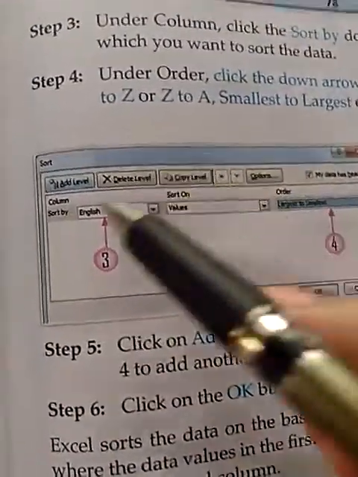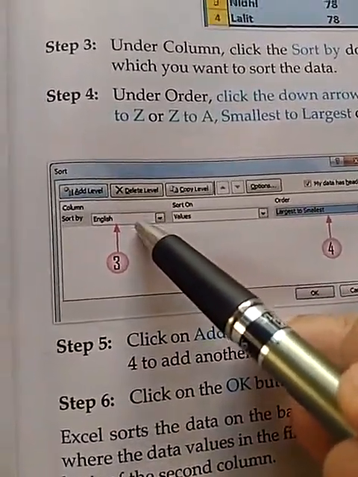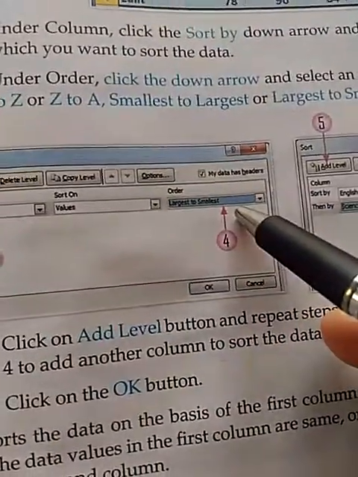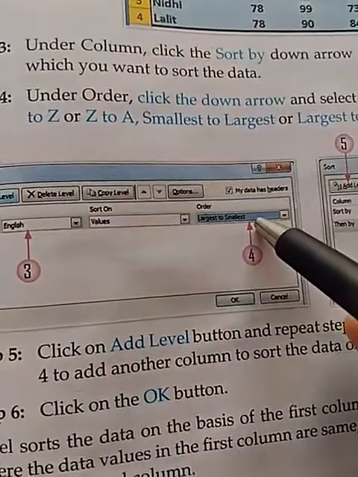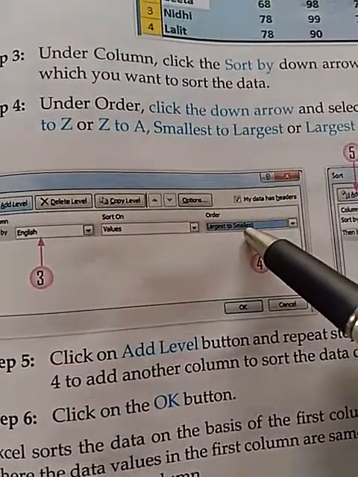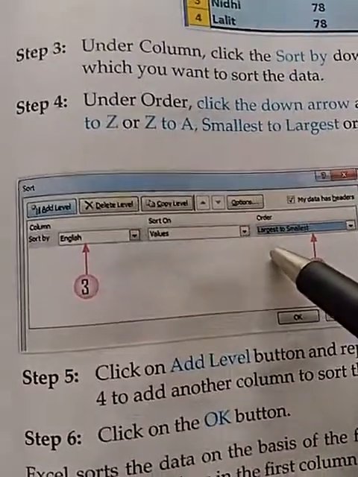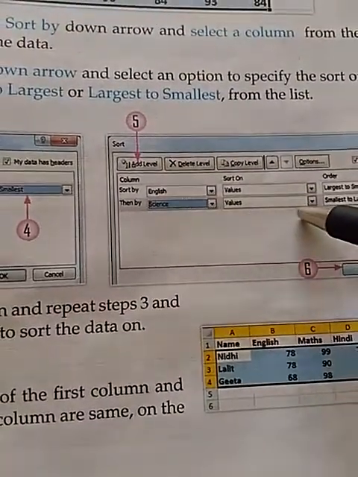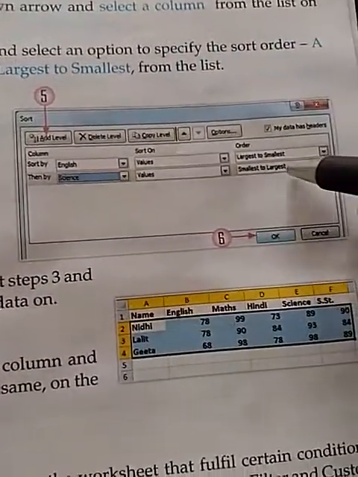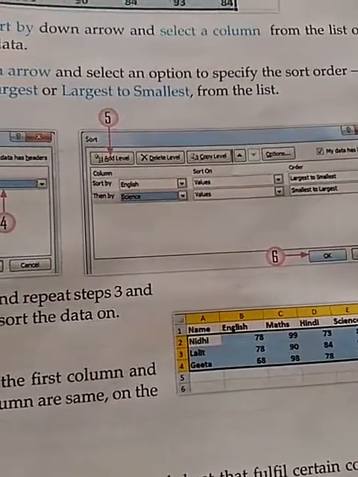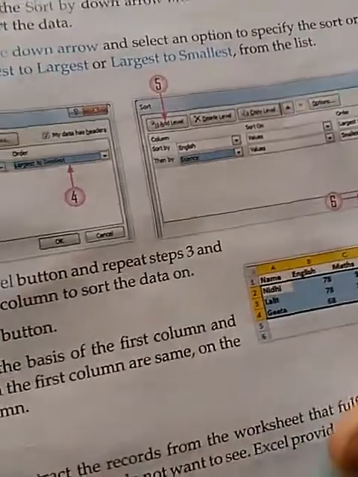In this dialog box, you have to select the column for which you want to sort the result. After that you have to select the order in which you want to sort the value, either ascending or descending. If you want to add the next level of sorting, then click on this button, add level. Add level will provide you another row to write the name of the column and the order of sorting. After that click OK. Then the data will be displayed according to the sorted value.